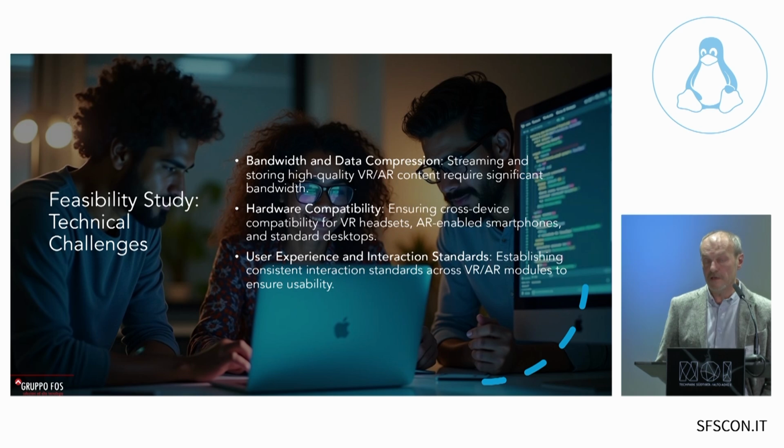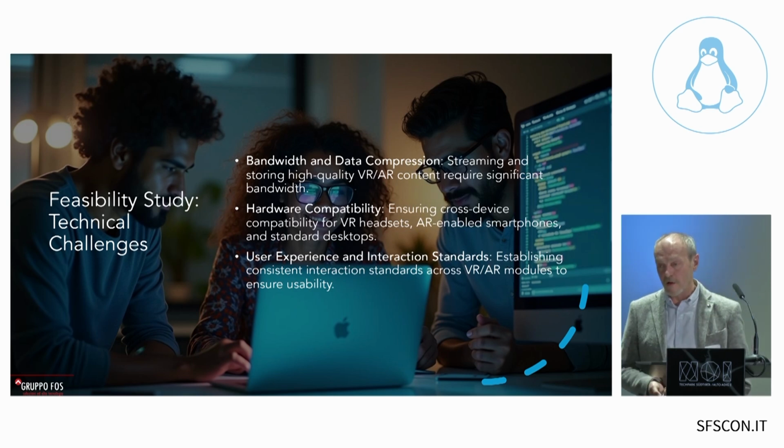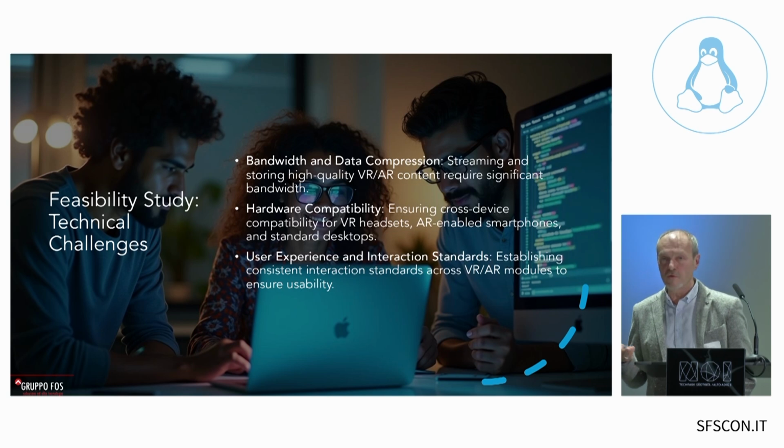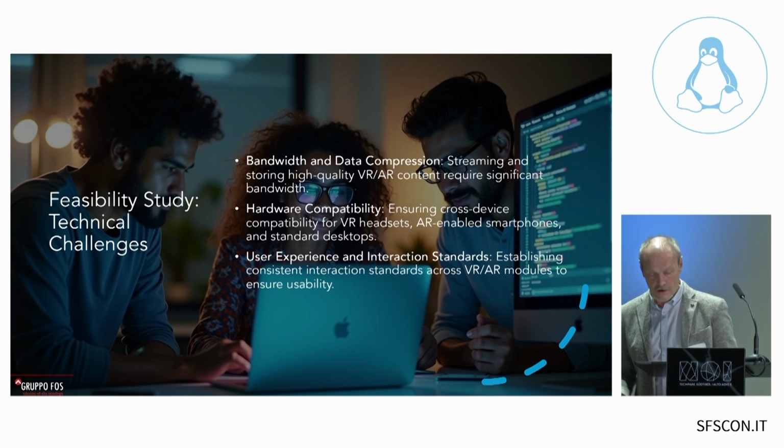As I told at the beginning of this presentation, we'd like everyone to be able to use VR and extended content regardless of what they are using or what they are able to use, and so this is a real challenge. We'd also like to create an interaction standard to ensure that every user has a consistent experience when using MoodleXR.